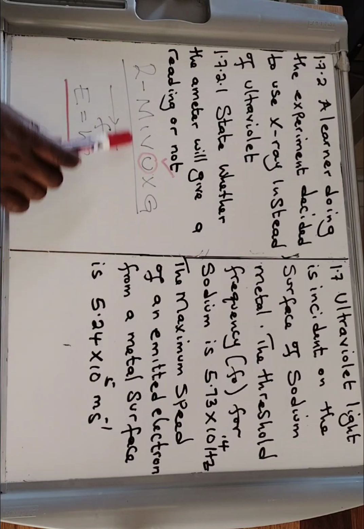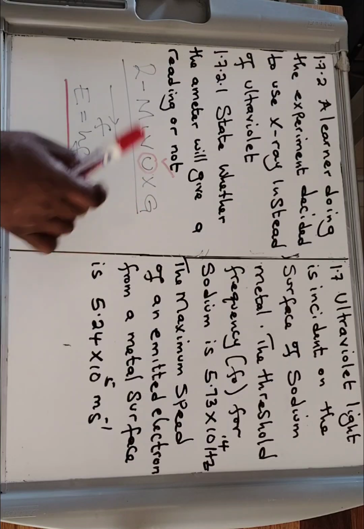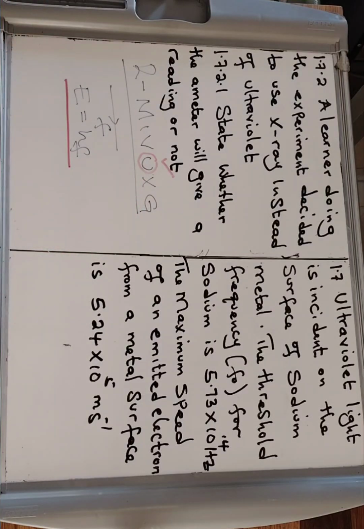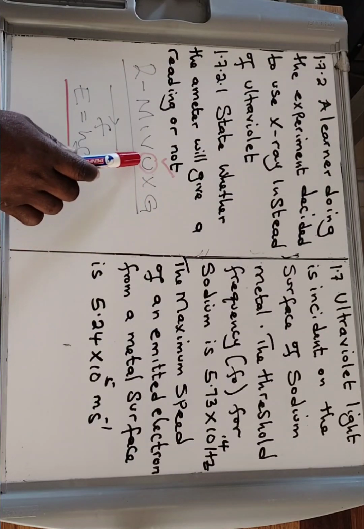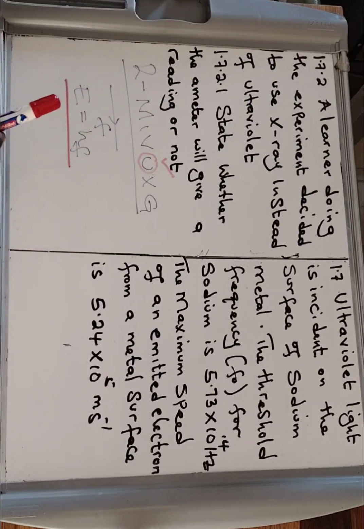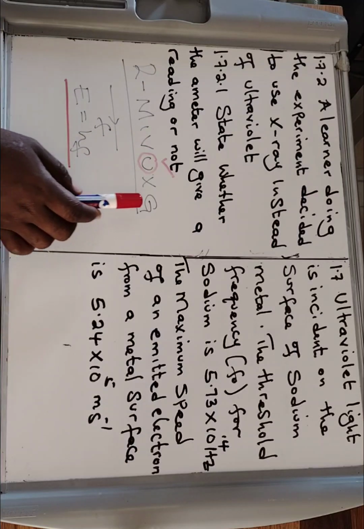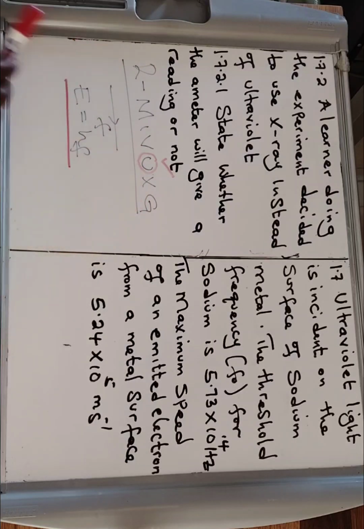What the spectrum is explaining here is that X-ray and gamma rays will obviously give a meter reading because their frequencies are higher than ultraviolet, which already gave the reading. So X-ray has a higher energy than ultraviolet, and gamma has a higher energy than ultraviolet. So both of these will give a reading, which is obvious. So the answer is